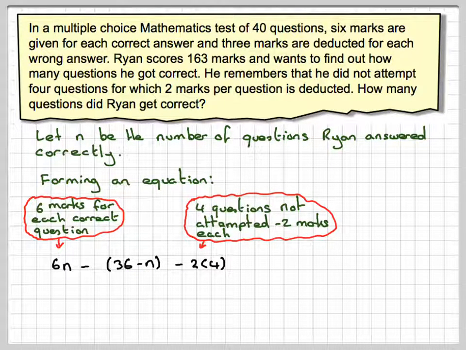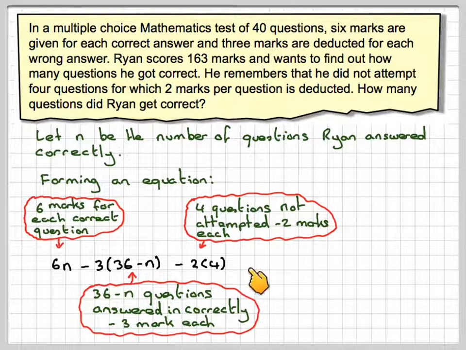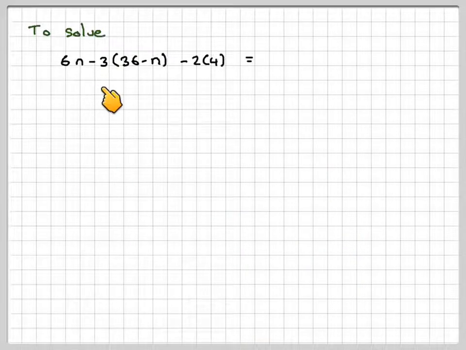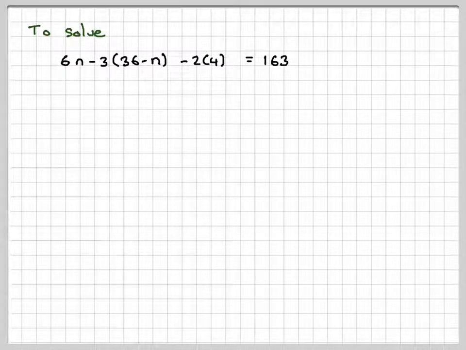And therefore, for each one of those, he's going to lose 3 marks. So 36 minus n questions answered incorrectly, minus 3 marks each. Now this has to be equal to the total marks he got, which is 163. Right, so now all we need to do is to solve this equation. 6n minus 3 times (36 minus n) minus 2 times 4, which is equal to